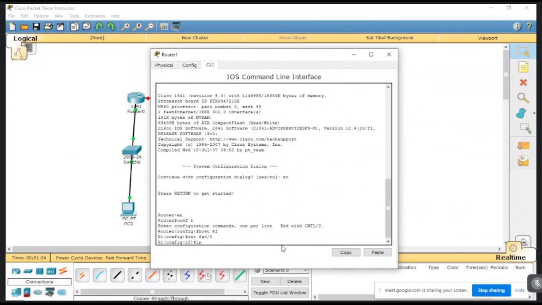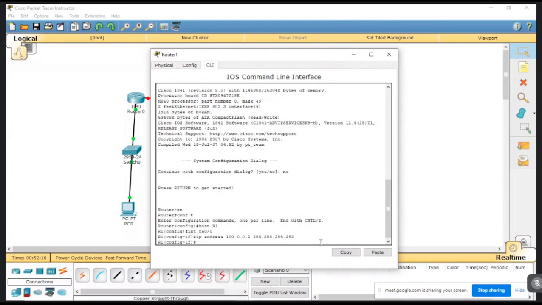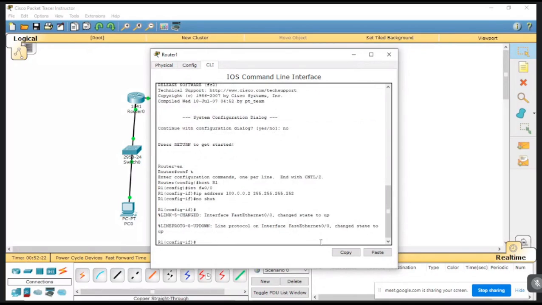then the IP address is the IP address over here. Now this is the same as the 100 network, so we can write 100.0.0.2. Previously it was 1, so here you have to take 2, not the same. And the subnet mask is the same, it will never change, 252. Okay, then start it with no shut,